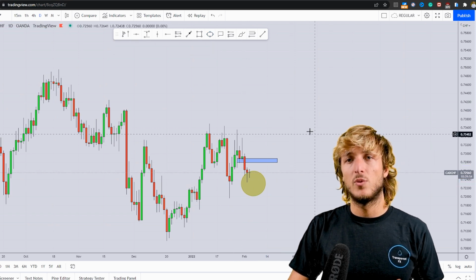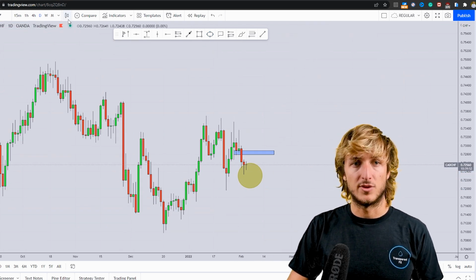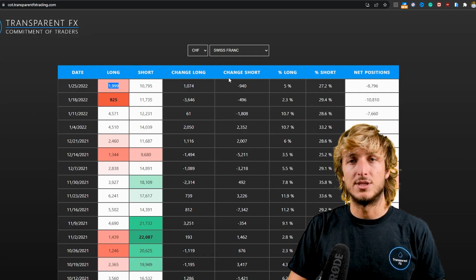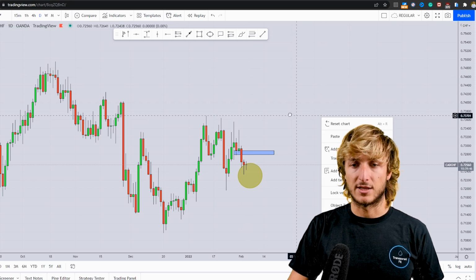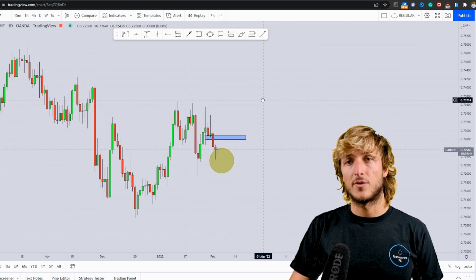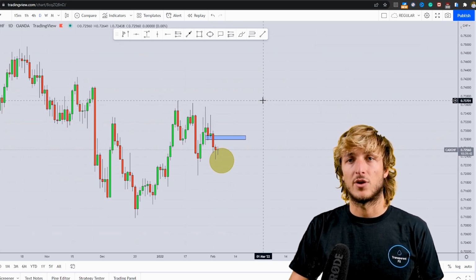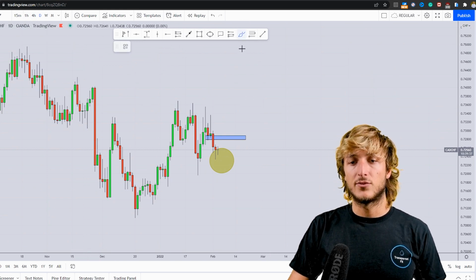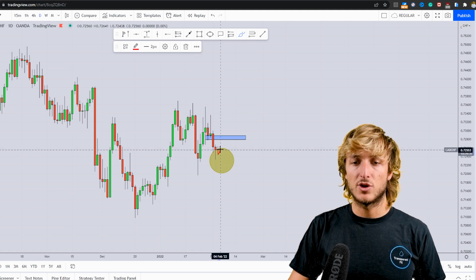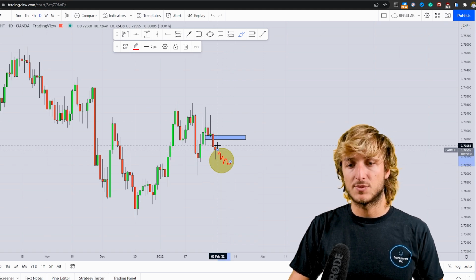Now, as usual, we will be reactive and not predictive. The monthly, weekly, and daily combined with the COT data, those are the best time frames from a directional perspective. However, when it comes to confirmations and entries, the best time frames are the intraday time frames. So 4 hour and lower. Therefore, with students, what we will be doing is monitoring price action from an intraday perspective during this